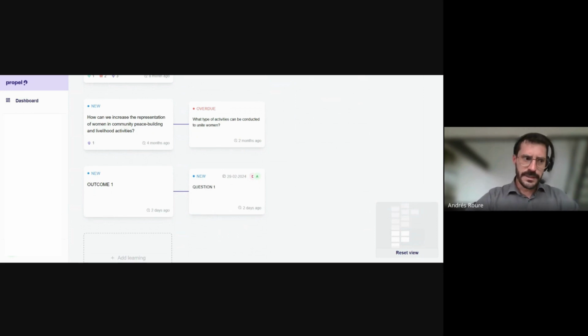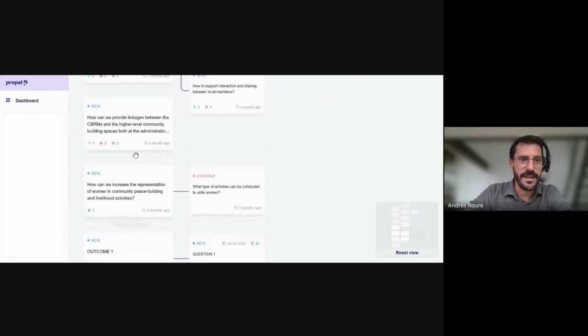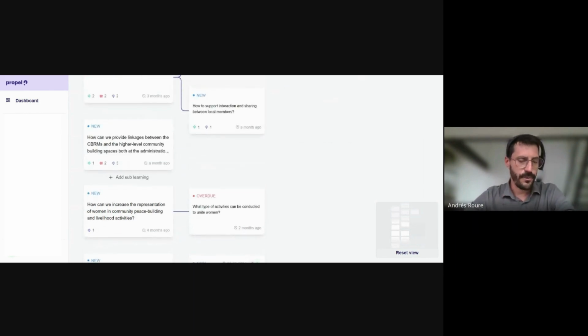However, the way that we are also foreseeing the use of Propel, and also focusing on best practices, is that most of the time there is a lot of learnings that happen outside specific outcomes. What is called unintended learnings or unintended project results that don't really fit into specific outcome areas. So the idea of keeping the learning agenda a little bit more open, perhaps focusing on teams and locations,